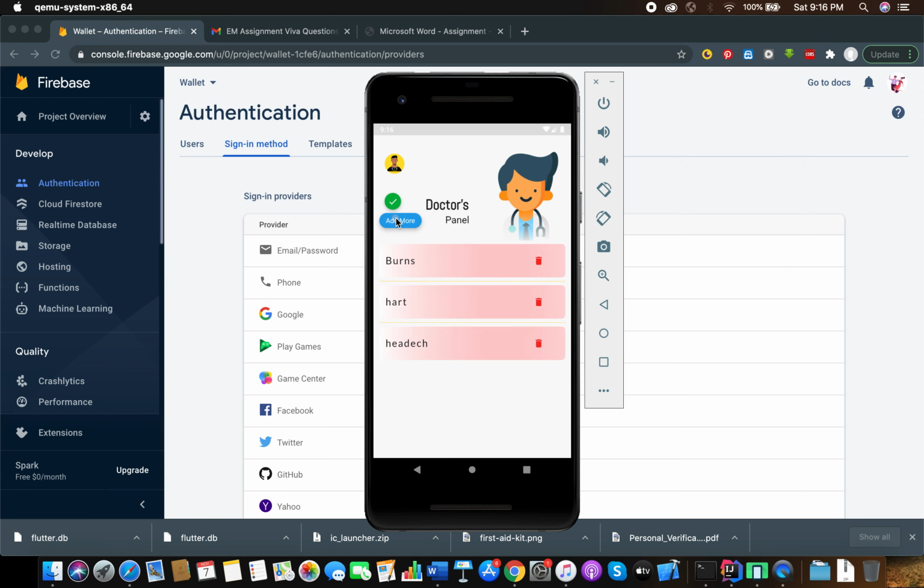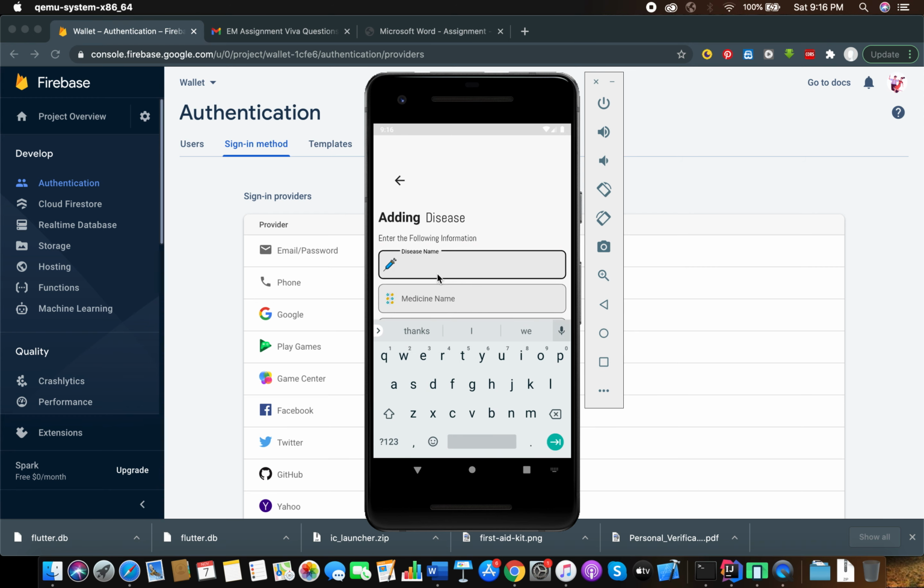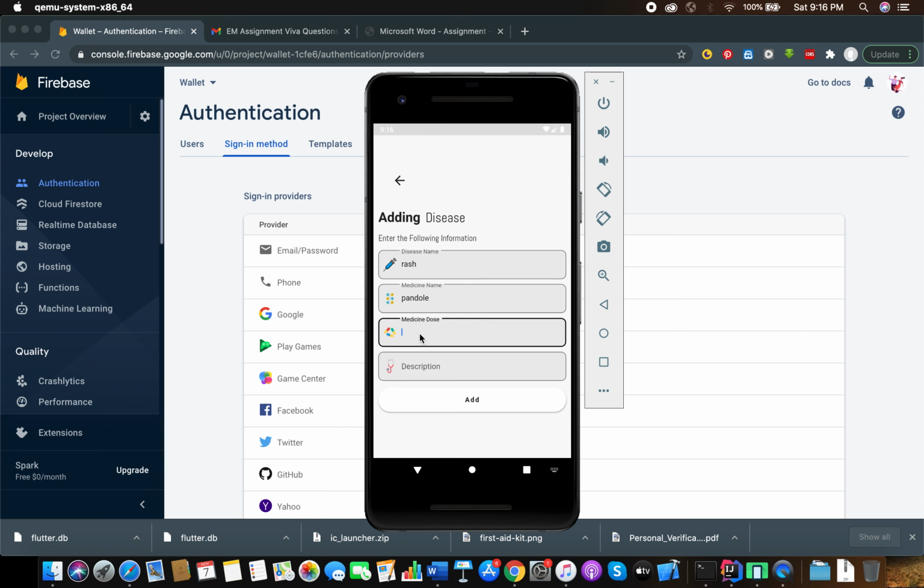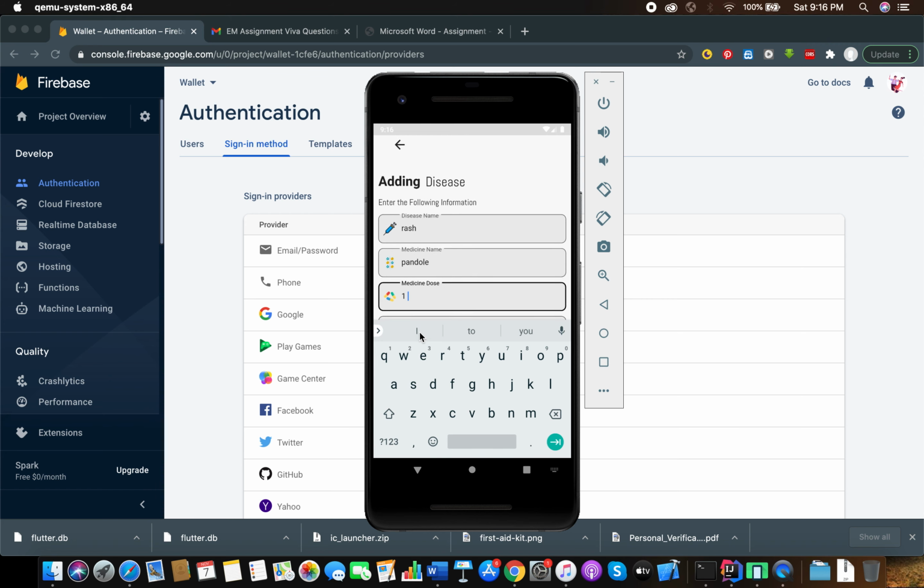The doctor can add any medicine or health issues using this. Thinking about some disease, like a rash, we will add some Panadol or similar medicine, and the dosage, one to two times.